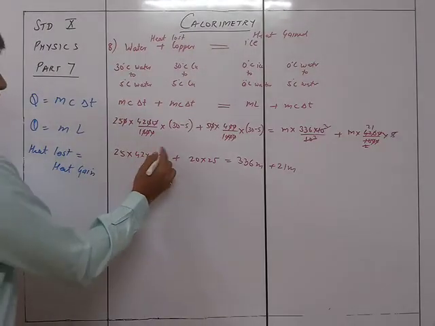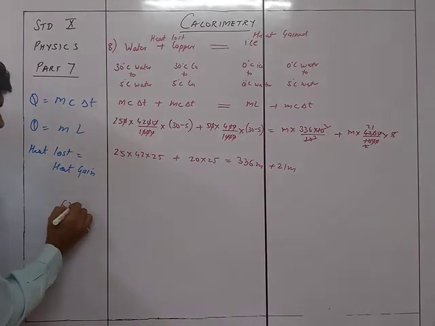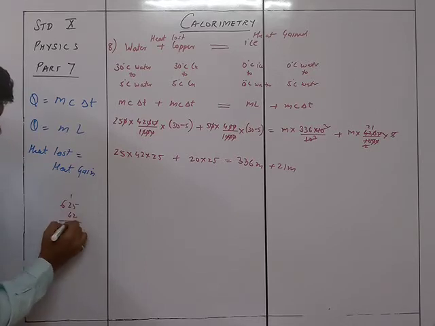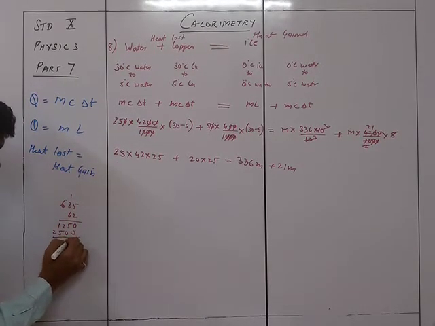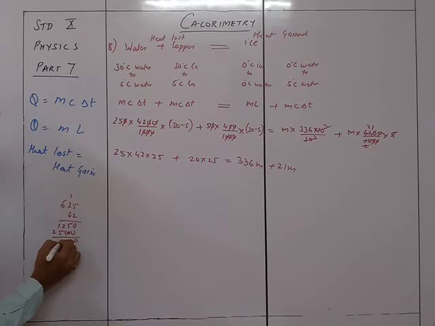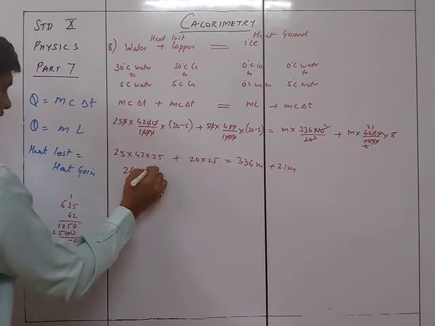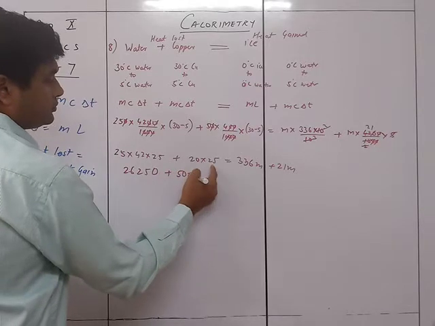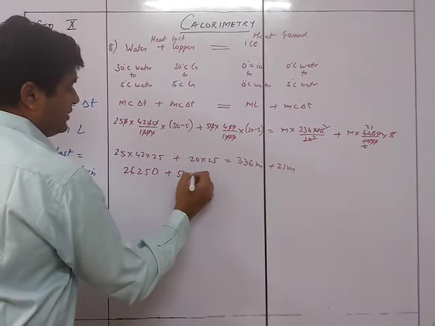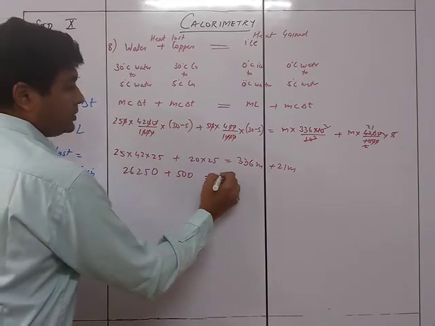So 25 into 25 is 625, so it will be 625 into 42, which equals 26250. Plus 25 into 5 is 125, 25 into 20 is 500, which gives 26750, equals